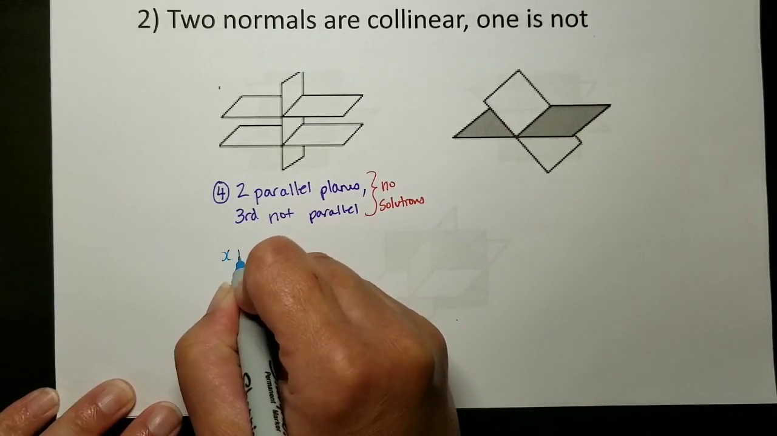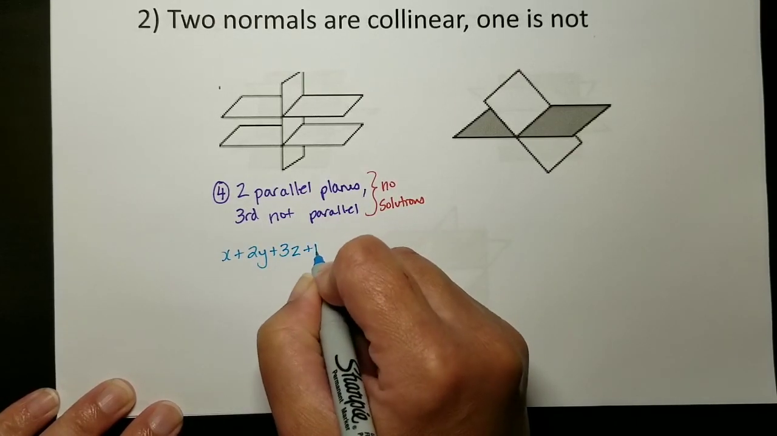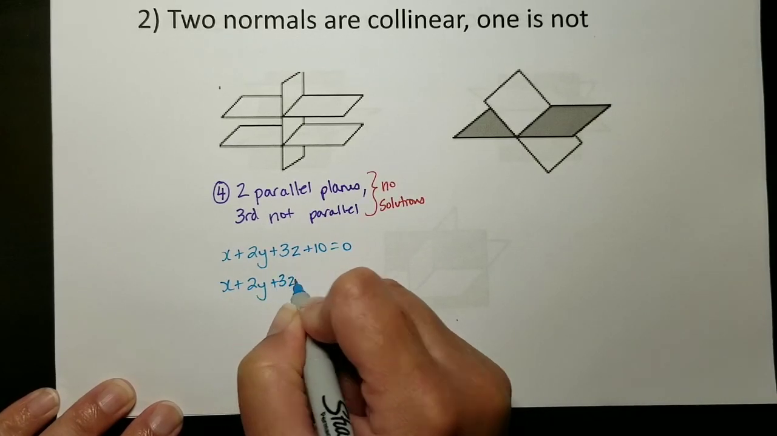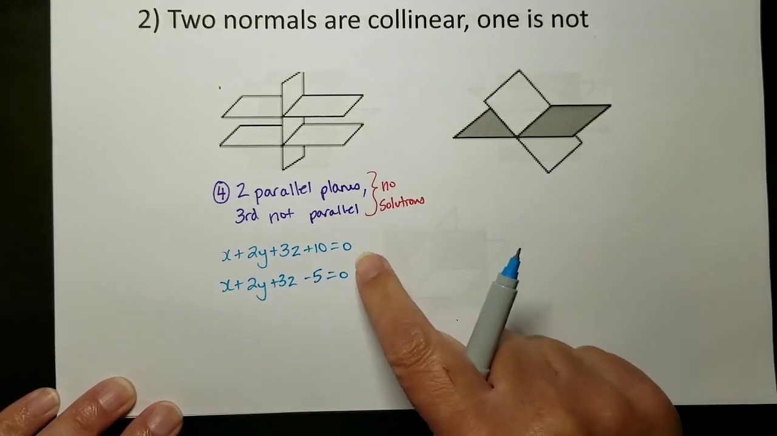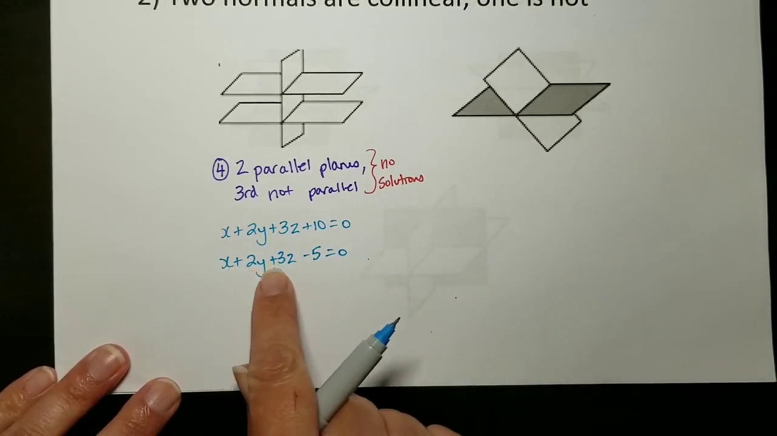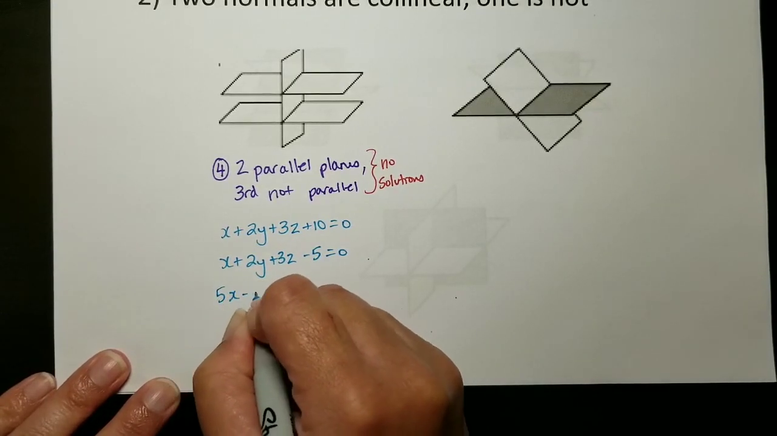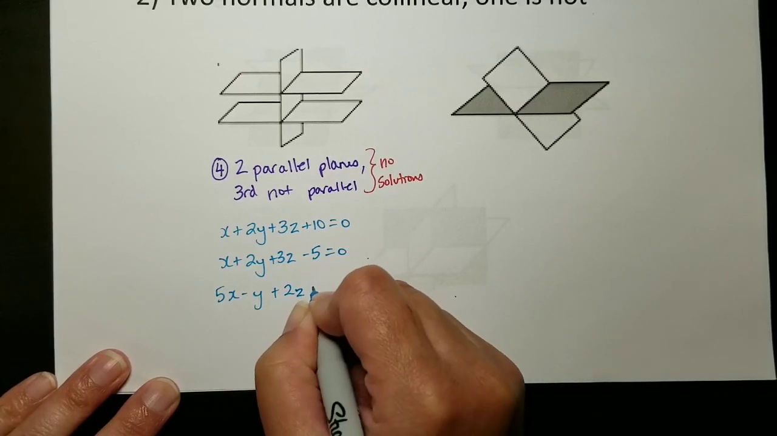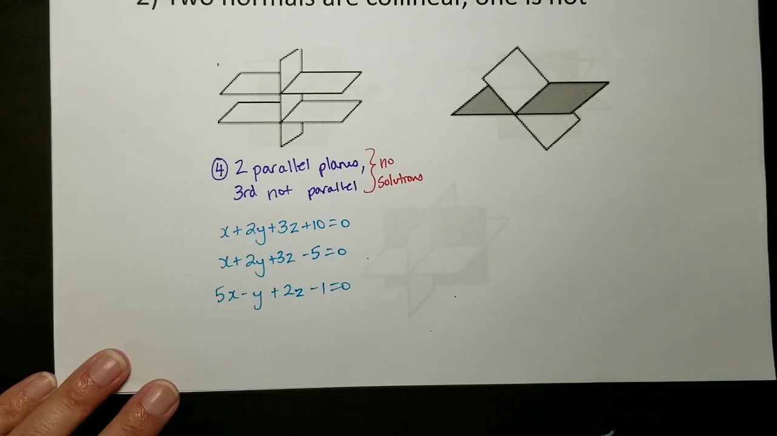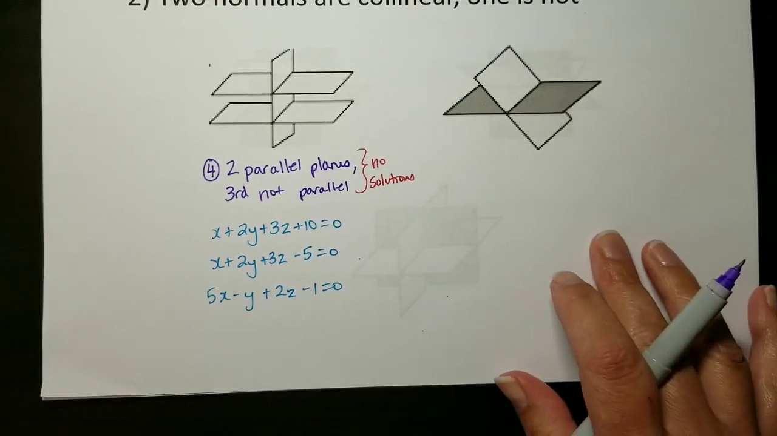So you might have, say, x plus 2y plus 3z plus 10 equals 0, and x plus 2y plus 3z minus 5 equals 0. So those are my two parallel planes, and the third plane could be anything else, but it's not got a collinear normal to these ones. So it might be 5x minus y plus 2z minus 1 equals 0. It could be anything as long as the normal wasn't collinear with the first two. So that's case 4. Case 5